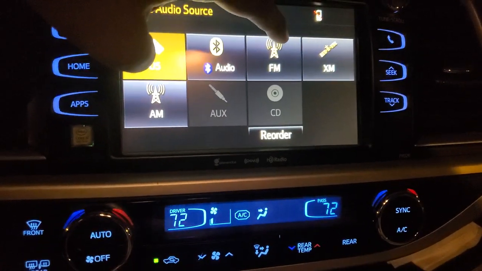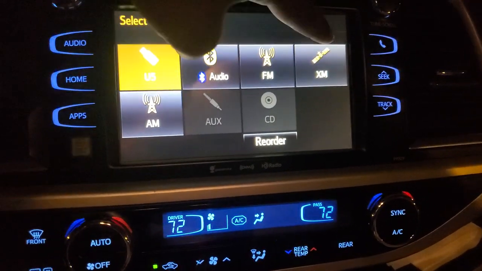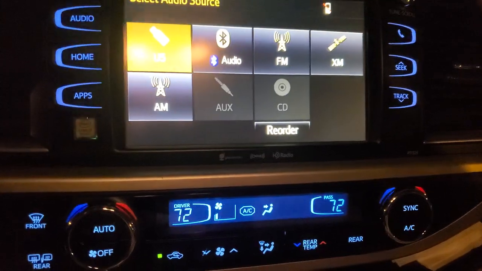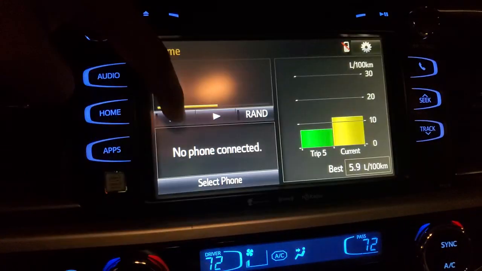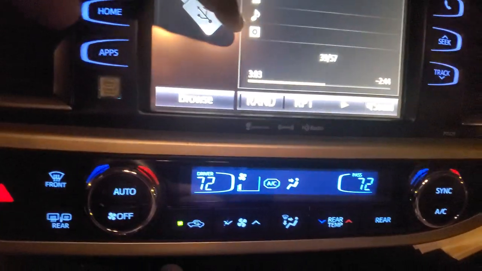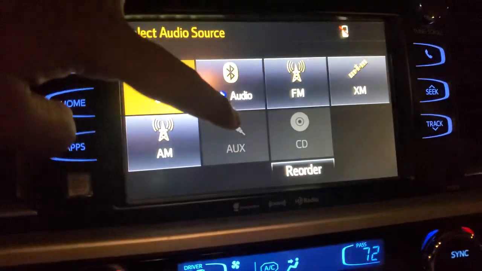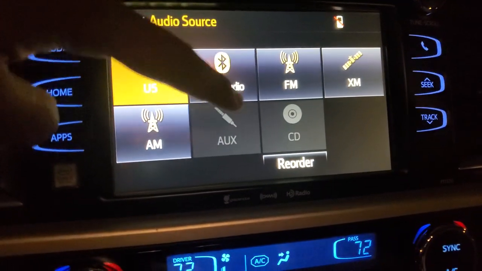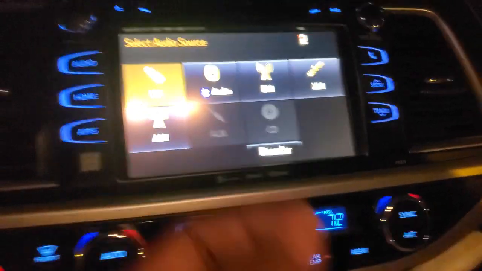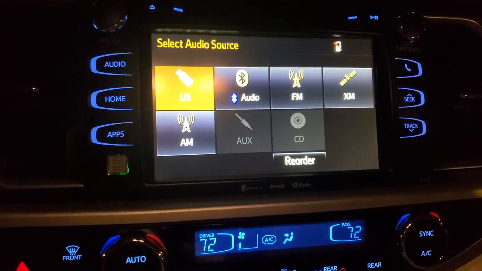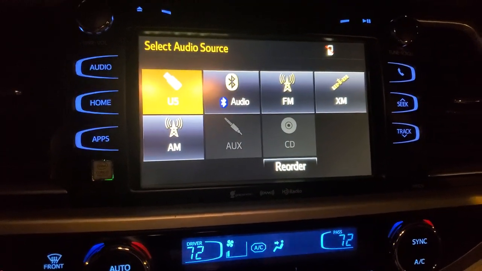And then we have FM, and then XM, this is also radio, and then AM, this is also radio. And then we have the aux option.